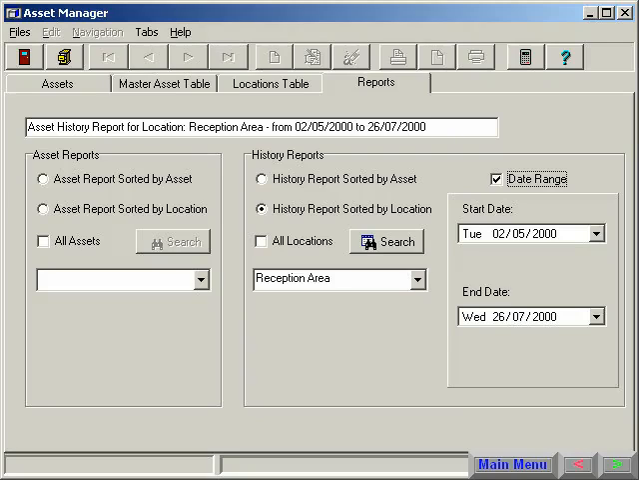That concludes this portion of our tour, so we'll navigate back to the main menu. The next portion of our tour deals with the optional handheld computer data